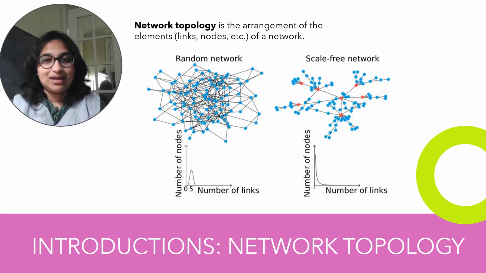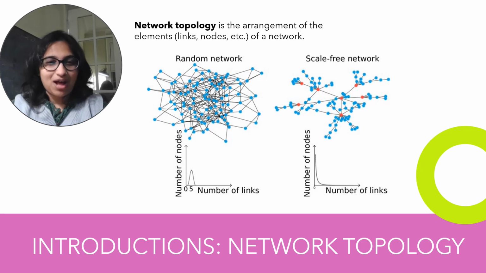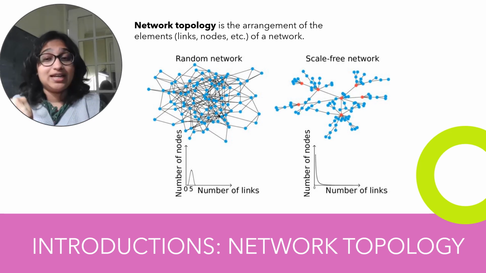In a small world network, nodes are connected to their neighbors and a few randomly chosen distant nodes, creating a balance between local and global connections. Understanding the network topology is important for understanding complex systems, as it can greatly affect their behavior. For example, in a random network, information may spread slowly due to the lack of highly connected nodes, while in a scale-free network, a few hubs can greatly influence the behavior of the entire network.